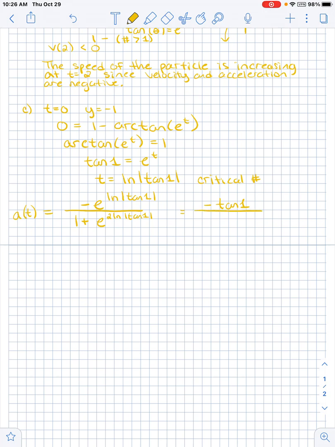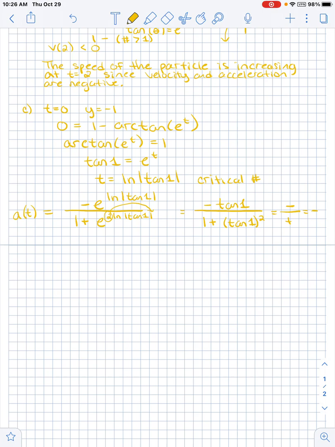If I look at the denominator using a property of logarithms, if I put this 2 back up on the log, then that e and the natural log are inverses, so they'll end up canceling each other out as well. So we've got 1 plus the tangent of 1 squared. I know that the tangent of 1 is a positive value because we're in the first quadrant, but that negative makes the numerator negative. The denominator, tangent 1 squared plus 1, is positive. So that tells us that the function is concave down,